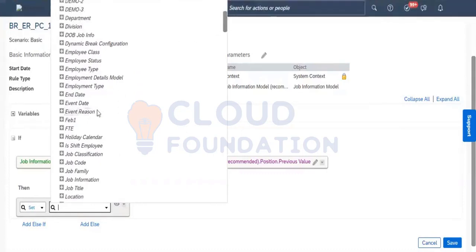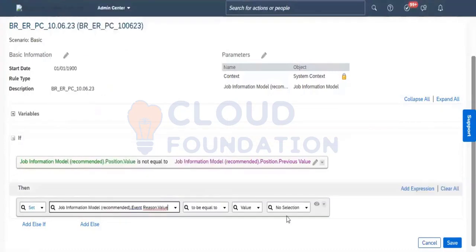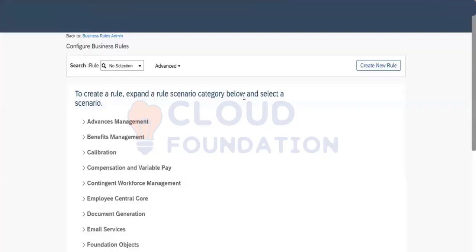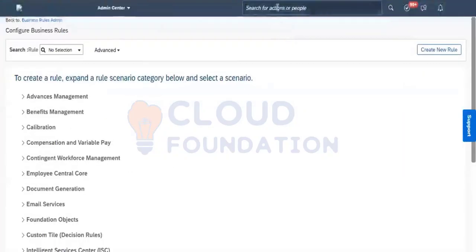You can see event reason value. We need to select the event reason. What is the event reason value? I think I have already configured the event reason value earlier, where it has been configured in manage org job pay structure, correct? So let me go into manage org job pay structure,